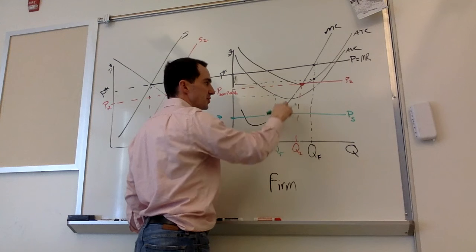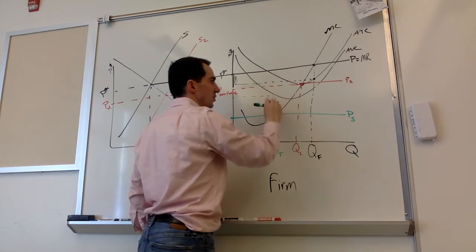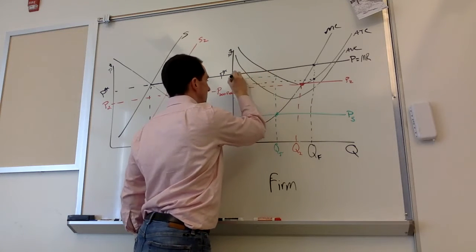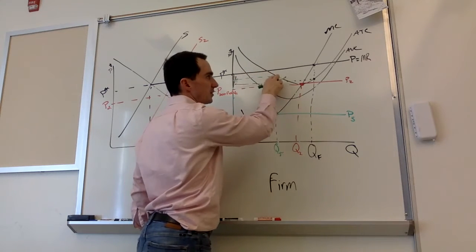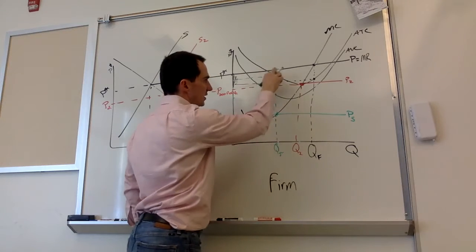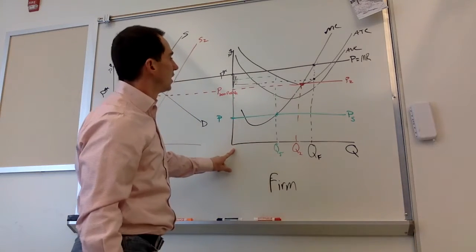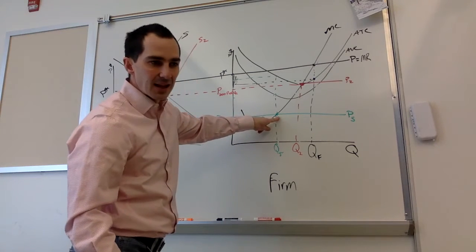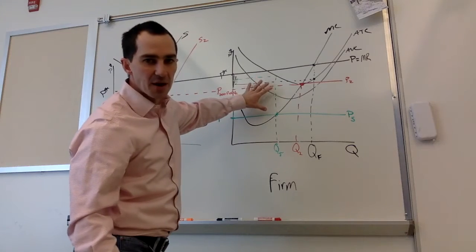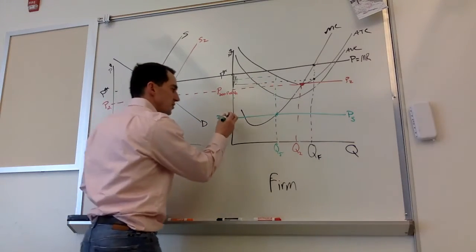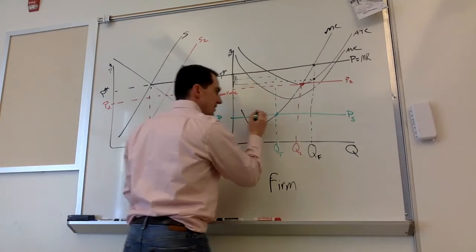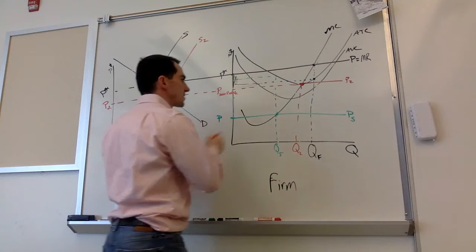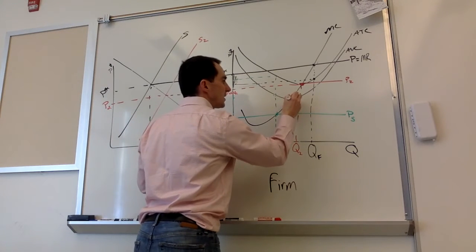The total cost to produce actually goes all the way up. Here's the total cost. That's the variable cost. Here's the total cost to create, because this is the average total cost curve. This big rectangle is the total cost for that low quantity. The firm shouldn't produce if they're making that much of a loss. In fact, they shouldn't produce if the price is anywhere above this P5 up until the price becomes this